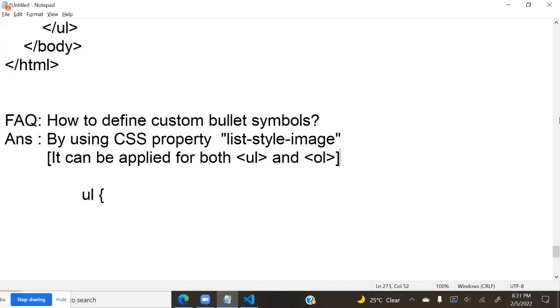That means it's not that this symbol means only UL. For an ordered list also, you can put your own custom symbol. A custom symbol is defined by using list-style-image. You have to define the list style image URL, and you have to define the path